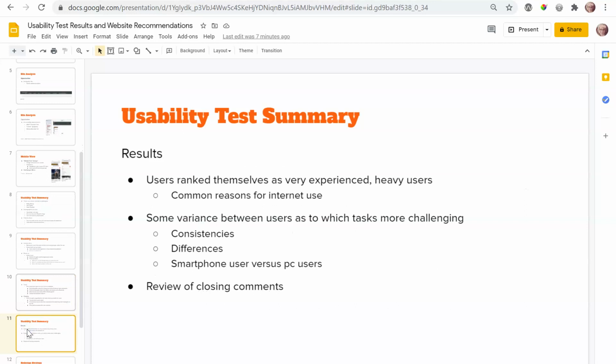Going over the results a little bit, as I mentioned earlier, they use the internet a lot and for common reasons. There was some variance between users as to which tasks were more challenging. There were also some consistencies. The softball score was by far the easiest task for each of them. Differences were